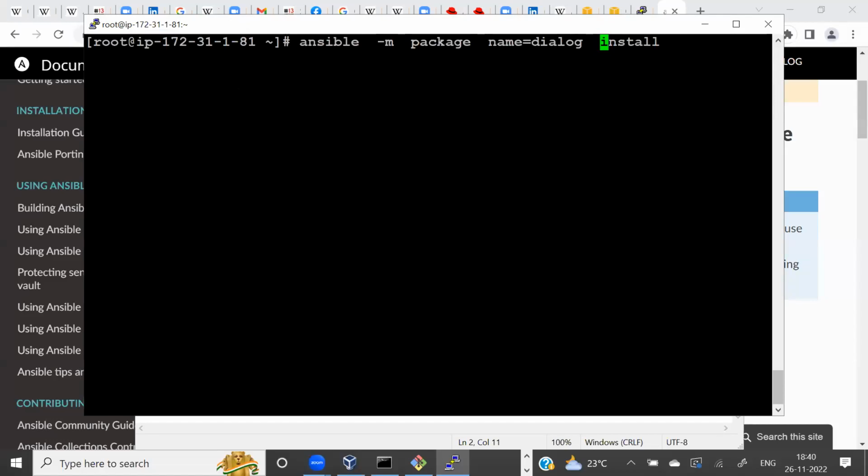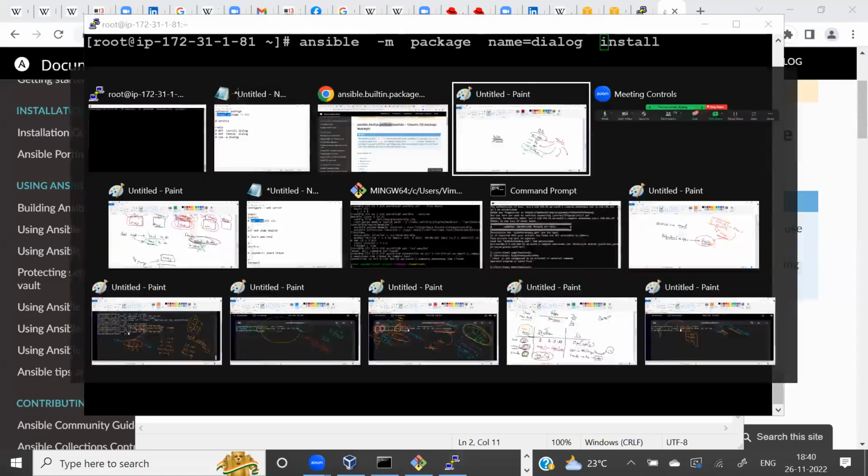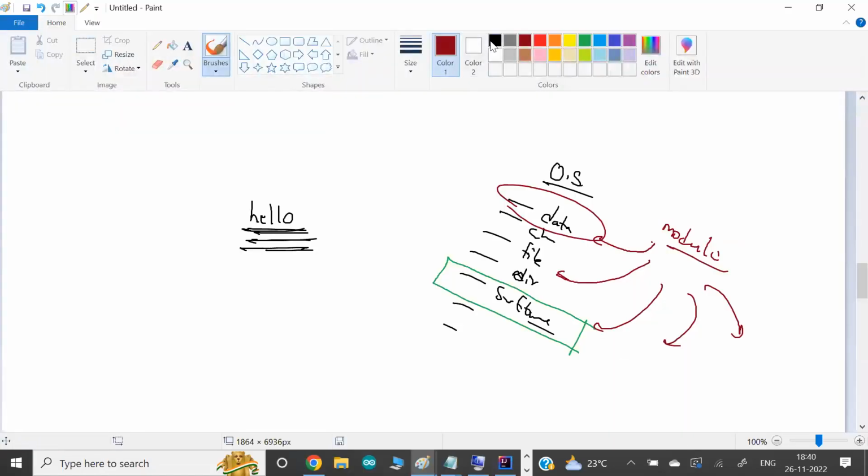So whatever you want to do, you have to tell here. And whichever software you want, for example, I want to do something with the VLC player software or package. So what you have to tell Ansible is, do you want to install the software or do you want to uninstall the software? Whichever system you are running Ansible on, you can see where the VLC software is installed and where you don't want the VLC software to be installed.